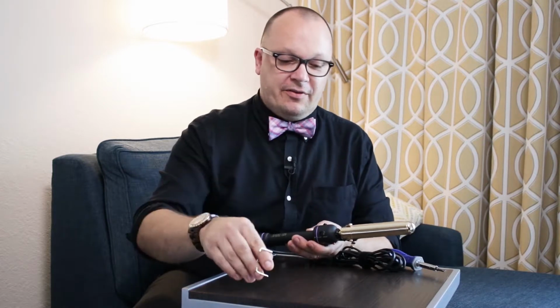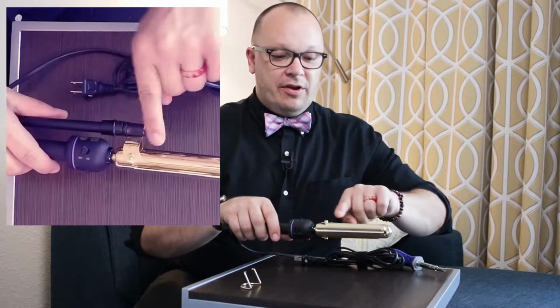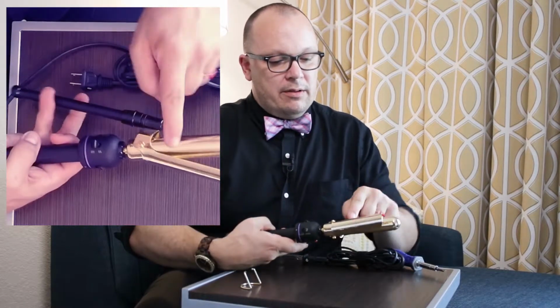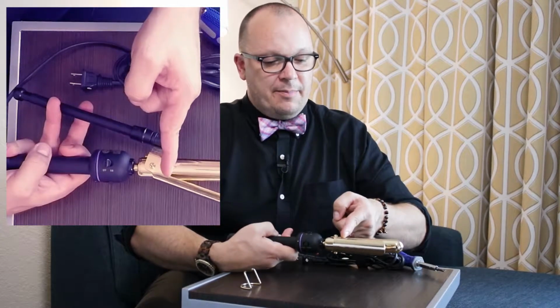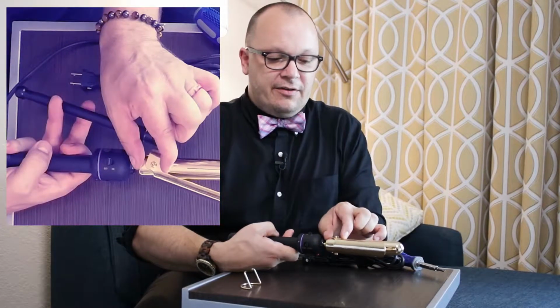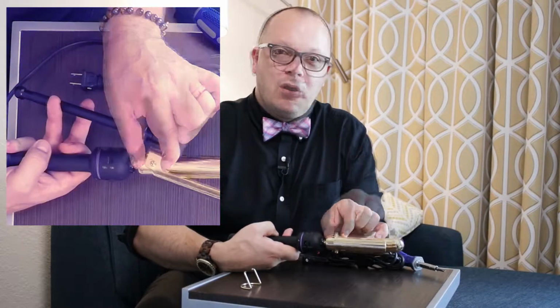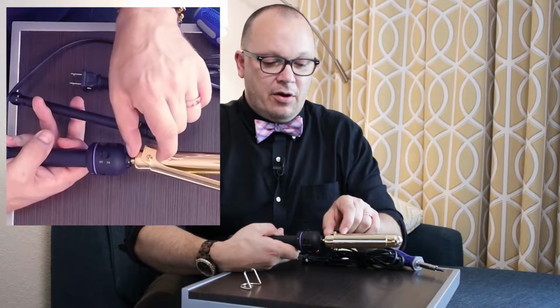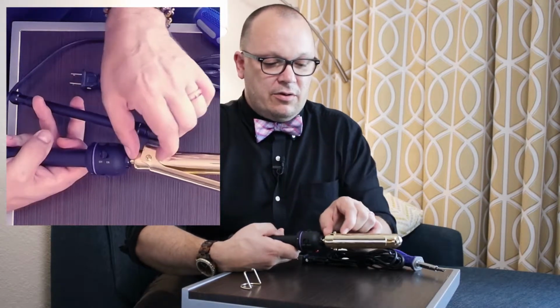So with most of my irons, first thing I do is just pop this guy right off. But I want you to notice right here on the barrel of the iron how the clamp prevents my hair from passing this point right here. And there's an entire inch, if not a little bit more, of the barrel left unused. The heating element is entirely part of that barrel, but we're not able to get the hair